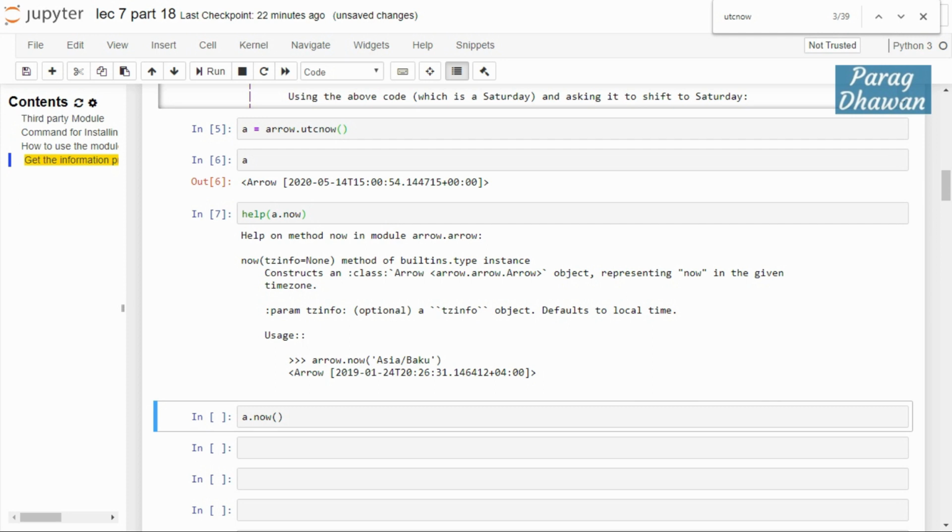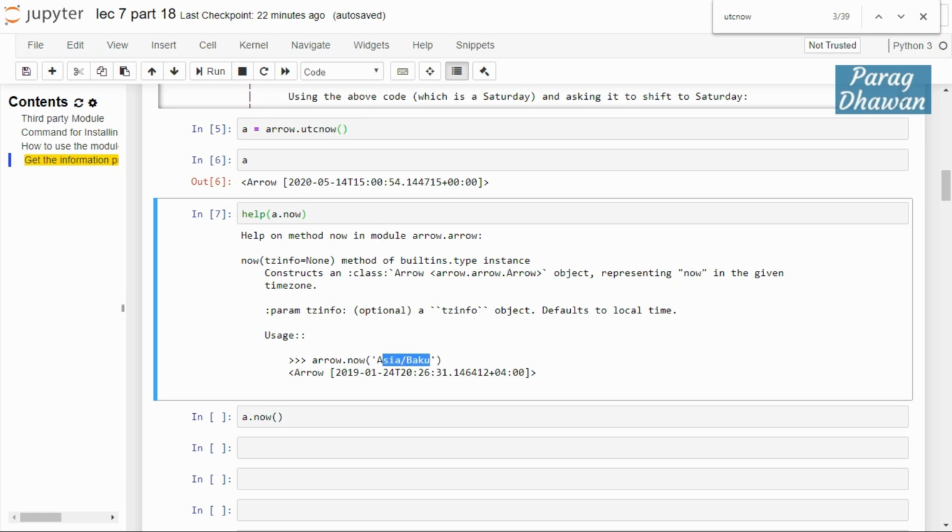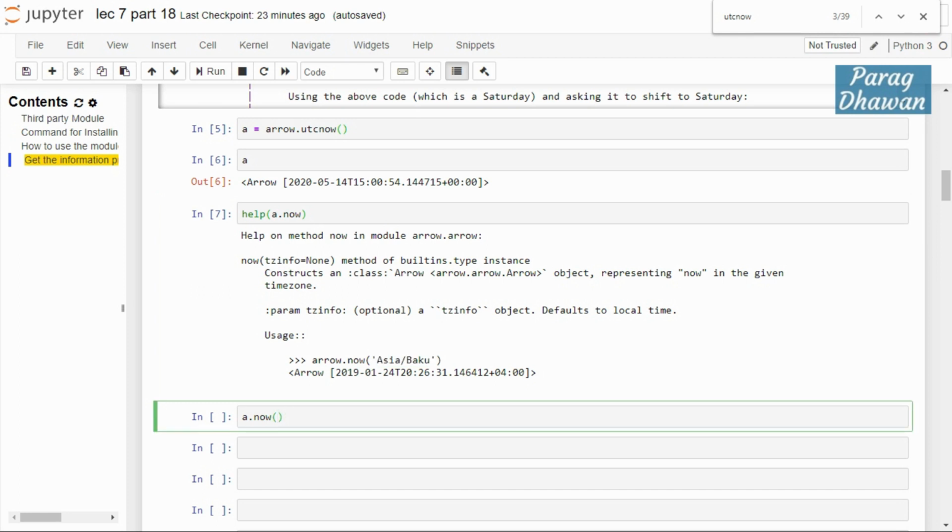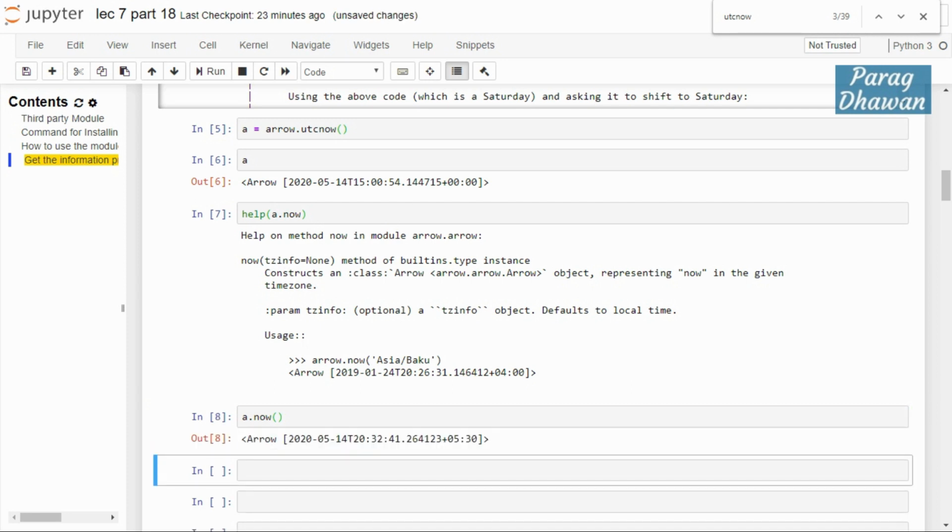So here in this case, when you give help a.arrow, you can see that the arrow function gives the arrow information, means it gives the date, time, hour, minute, second and time zone, but time zone according to now. And the parameter you can pass here, you can pass a parameter as time zone also, therefore it will give time zone information at the output. We don't pass time zone information, we directly run the arrow function, we will get the information about the current date, time, hours, minutes, second and time zone, which is Asia because we are in India, Kolkata.